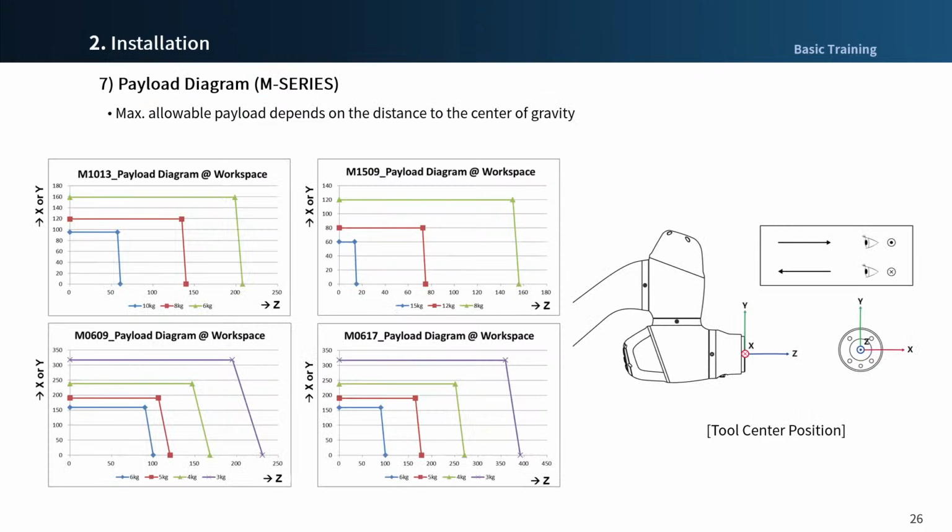Next, payload diagram of M series. Within its allowable payload range, the robot's maximum payload depends on the distance to the center of gravity. The following diagram shows the payload relative to each distance. You can see that each axis in the left diagram and the axis shown in the right robot arm have the same